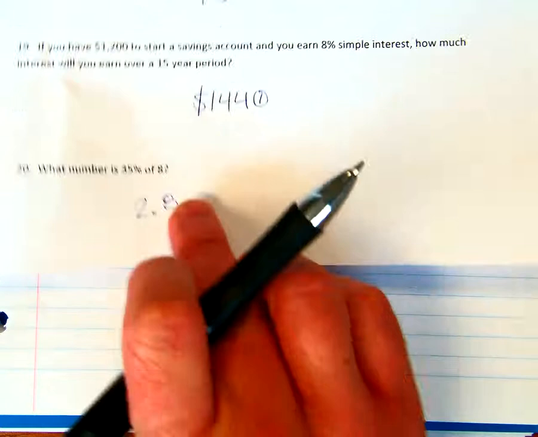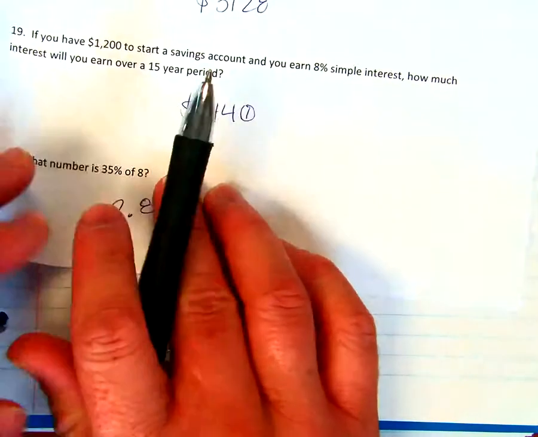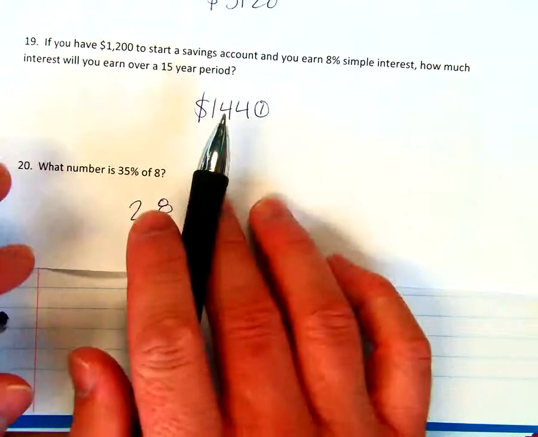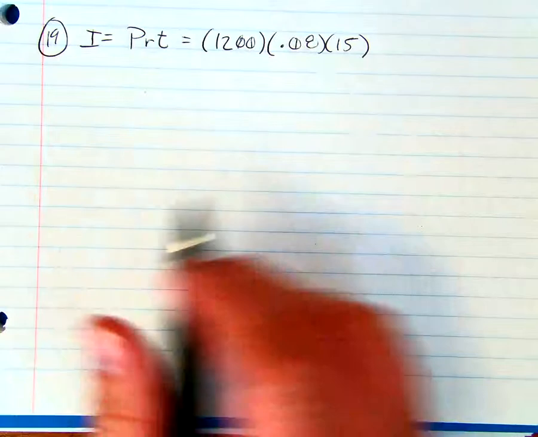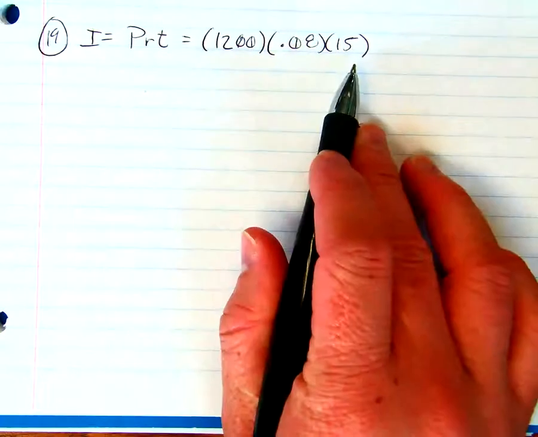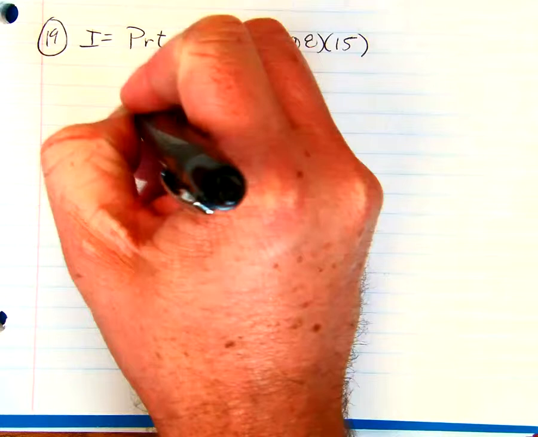Also, before we even start into this, read the question itself. How much interest will you earn? All they want is the interest. We are not going to add it to the total to find a balance. So I'm just going to multiply these three numbers, and that will give me the answer that I'm looking for, just the interest. So if we do 1,200 times 15,